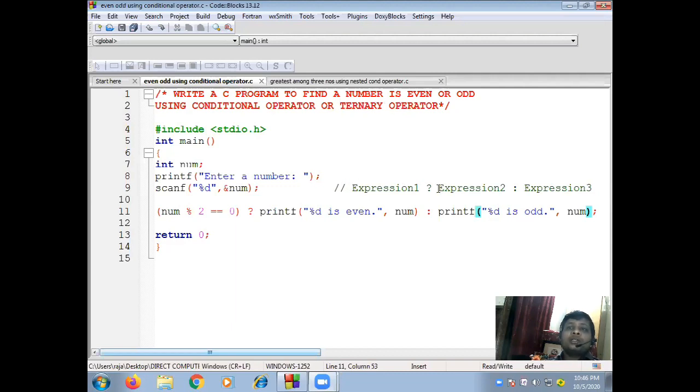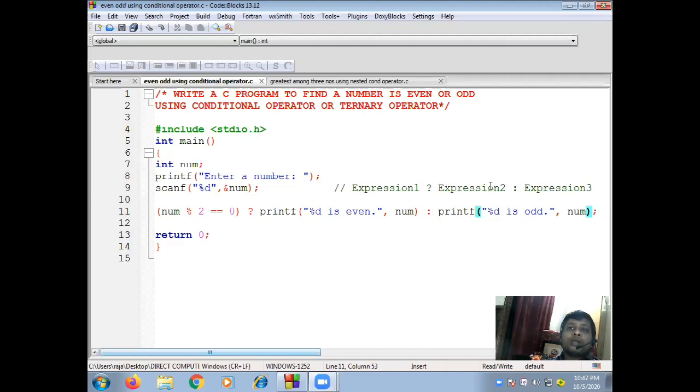This is the syntax for ternary operator. Clear? Now see expression 1, question mark, expression 2, then colon, then expression 3. This expression may be one condition or any expression which results what? Either true or false, either non-zero value or 0. If it is true, it will go to expression 2.